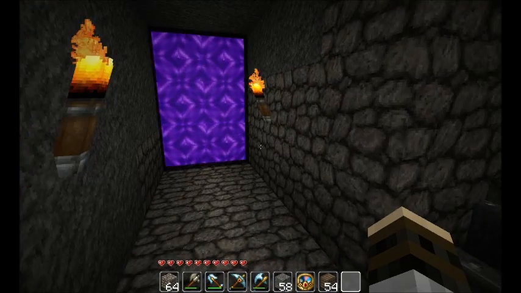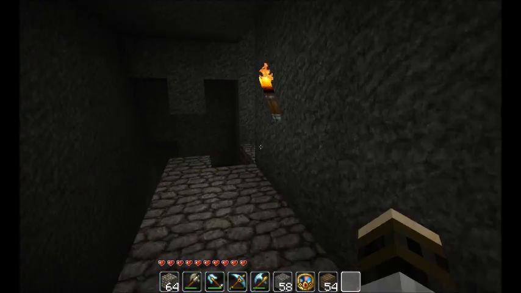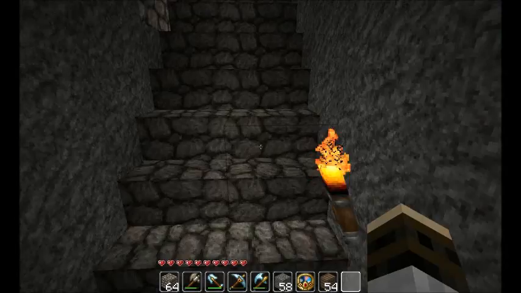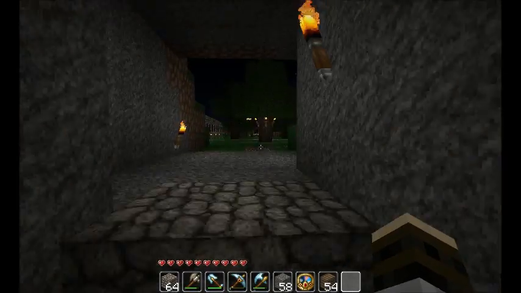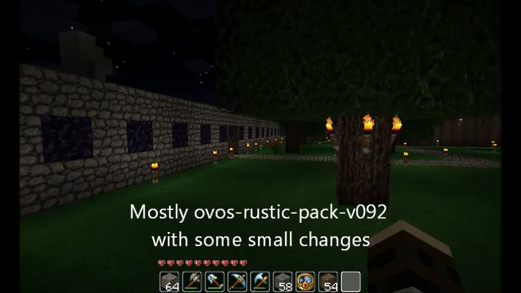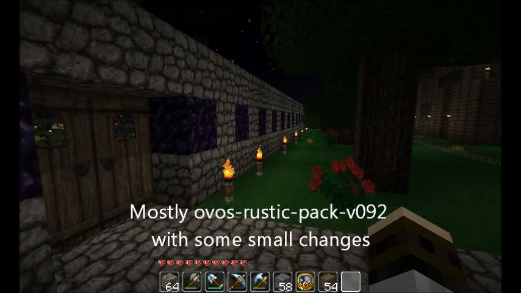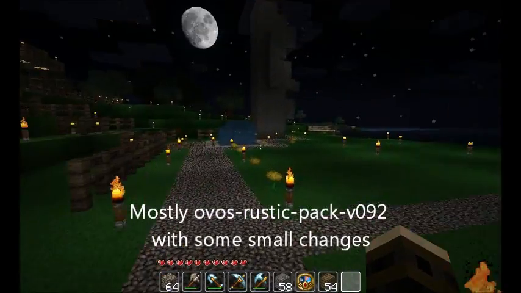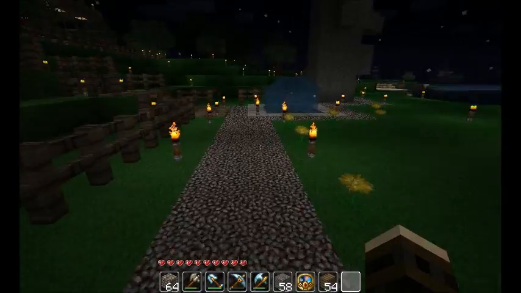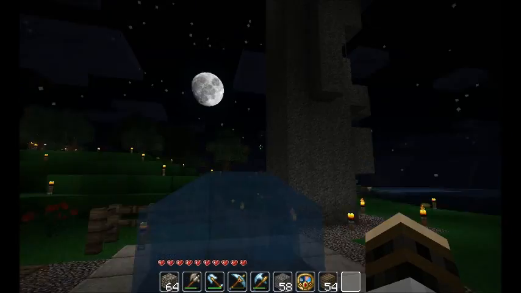Jump out here and have our Nether Portal. And yes, this is a new texture pack. It is OVOS, I believe. It's primarily his texture pack. I have changed a few of the textures to other items that I liked a little bit better from some